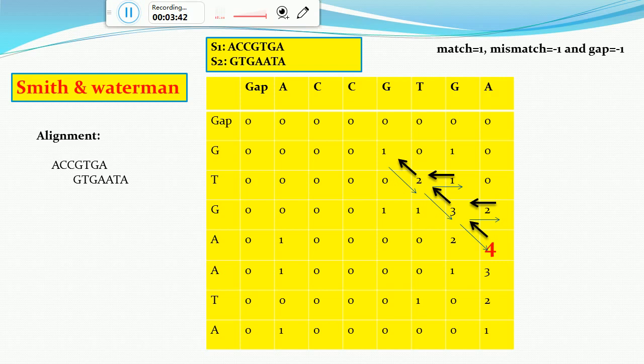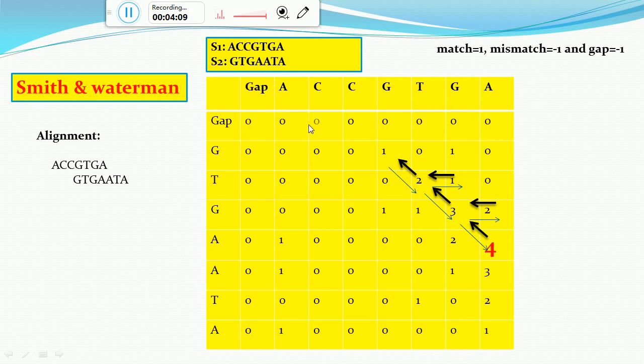But in this case we will be dealing only with zeros and positive values. So 0 means it would have been a negative value, and if it is some other positive value, we will keep it as it is. Basically we follow the same steps. We will fill the x-axis and y-axis. Again the first cell will be a gap on both sides, and we will fill the first row and first column with 0, 0, 0.